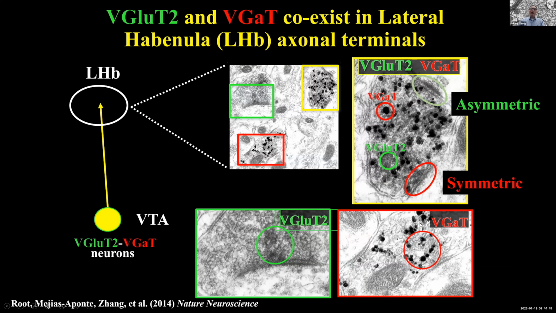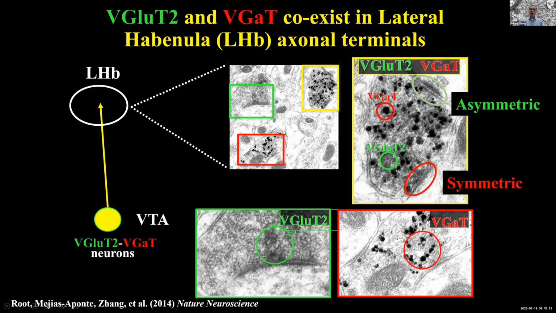To determine whether this lateral habenula area, basically we have some behavior data and E-phase data, and we found GABA and glutamate regulated by each other. But we did not know at that time that there are neurons in the VTA containing VGluT2 and VGAD. First we found it in the terminal area by immuno